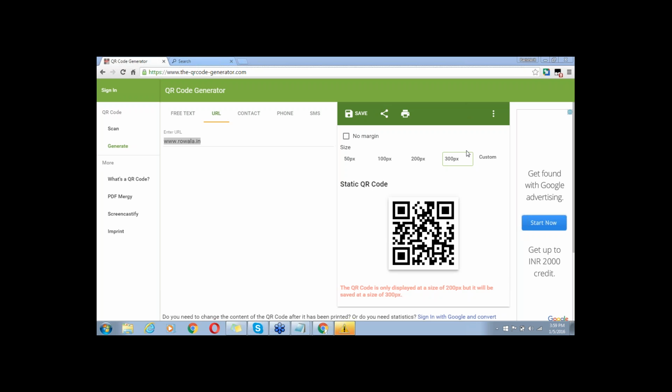Most mobiles have a barcode scanner by default. Generally mobiles have it by default. You may not need to install it or download it. Generally if you check your mobile, the barcode scanner is there. So you have to just generate the QR code, scan it, and then see the response.